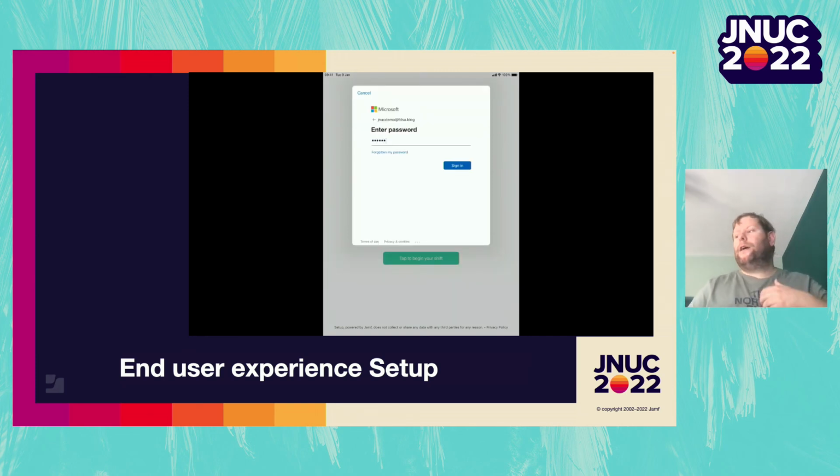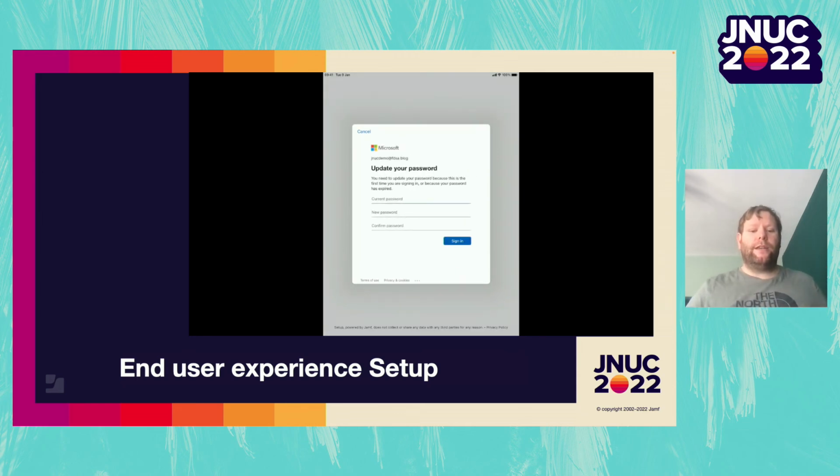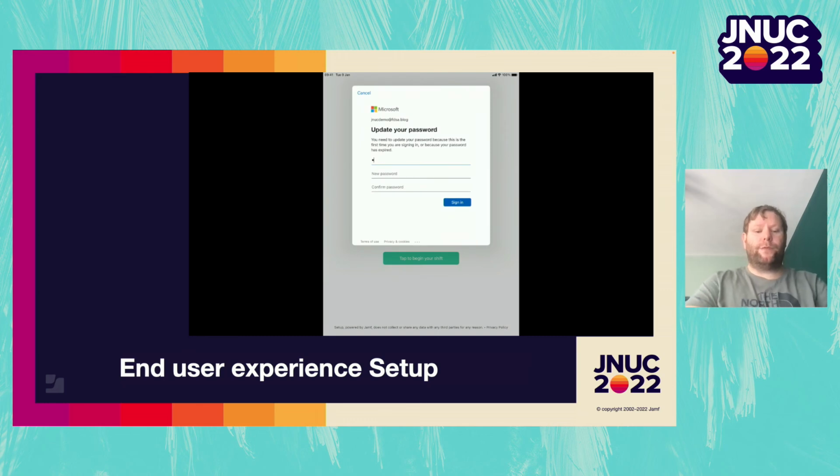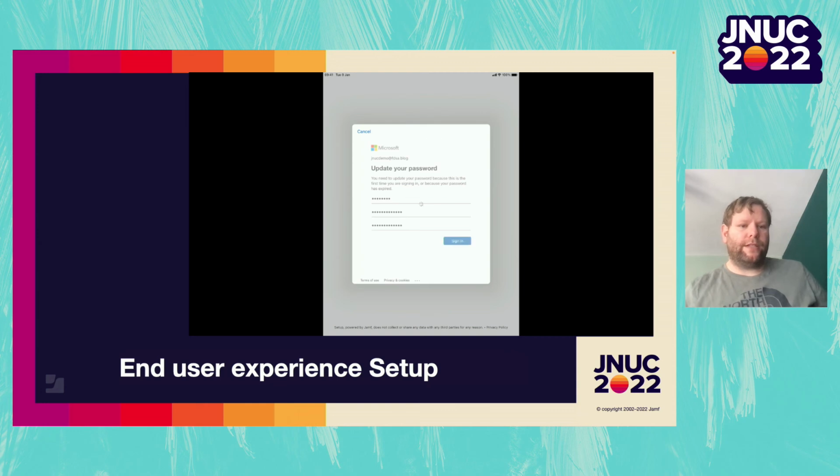And at this stage, if this is an account that has never signed into the Microsoft services before, they are also being prompted to change their password and make this into something personal. Again, all within the confines of this nice window that we have within Jamf Setup. And again, if there's a requirement for 2FA or Microsoft Authenticator app on the employee's personal device, this is also